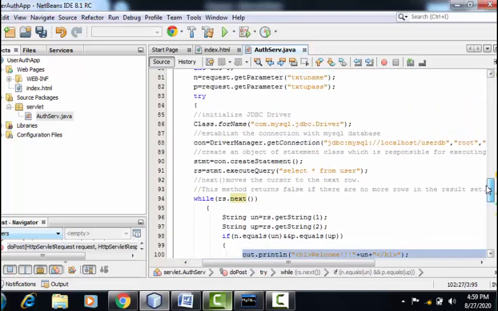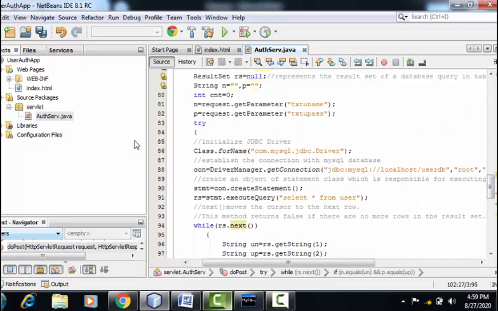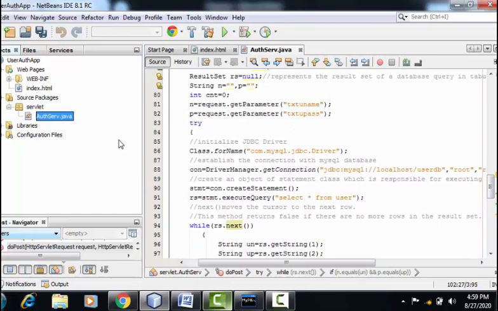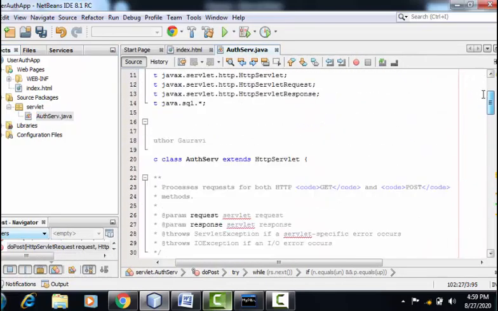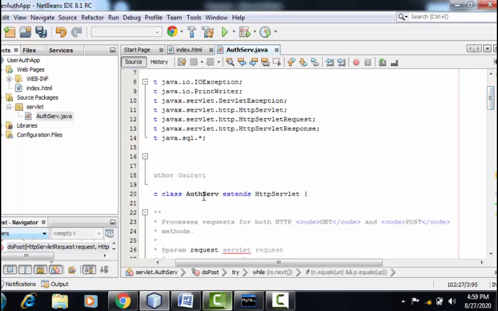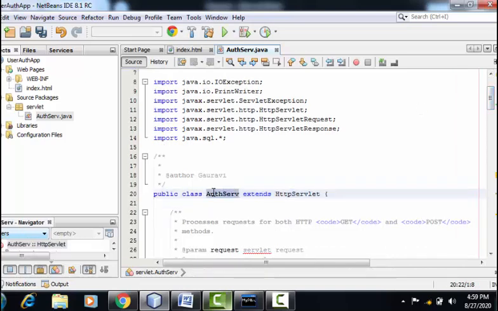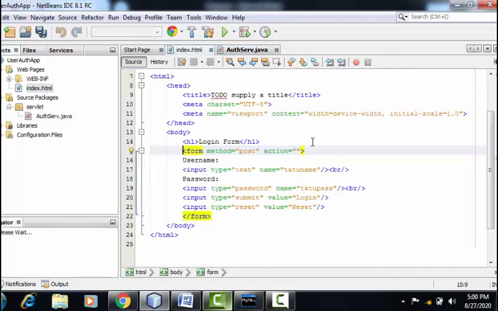So this is my servlet file, which is ready now. I need to take the value of my servlet file, so I'm just copying it and will paste it inside index.html file as the value of action attribute.